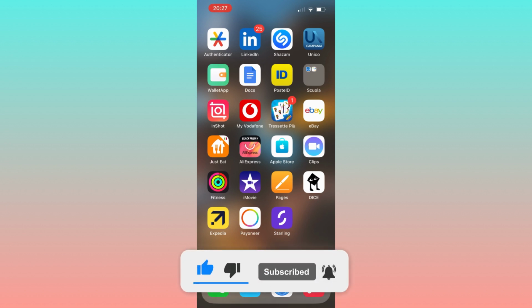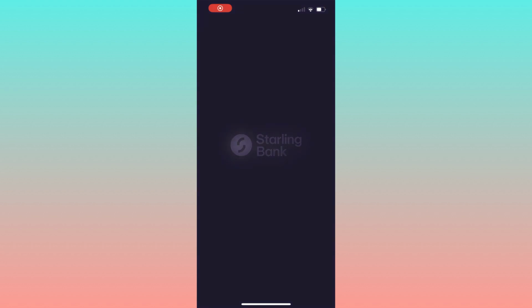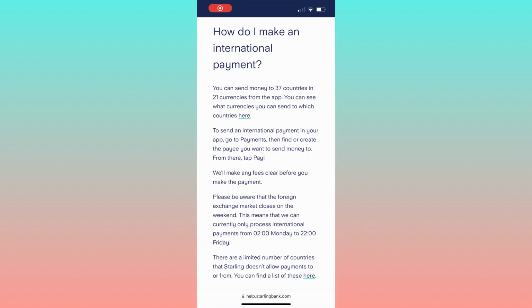So without further ado, let's dive in. With Starling Bank you have the capability to transfer funds to 37 different countries across 21 currencies directly from the application. The process through the app is straightforward. Navigate to the payment section, locate or establish the payee you wish to send money to, and then simply tap the pay button. Before you make the payment, Starling Bank will provide you a clear understanding of the fees involved